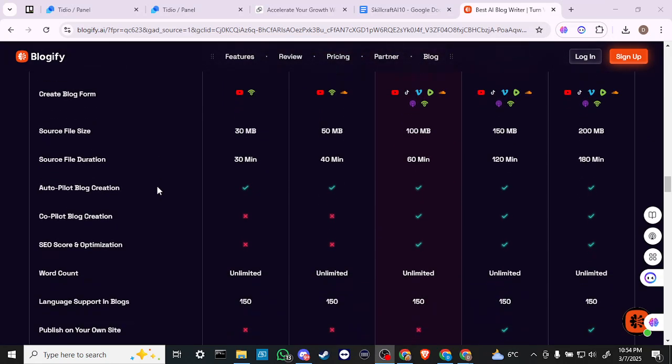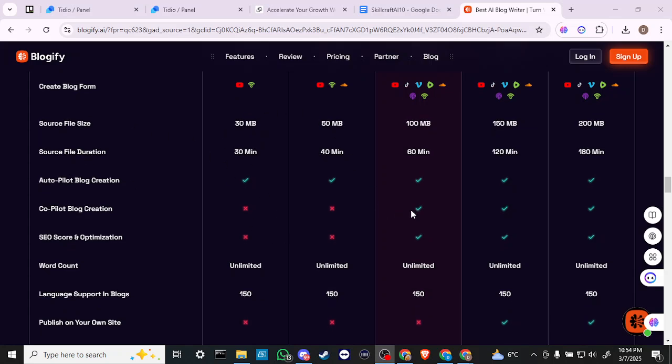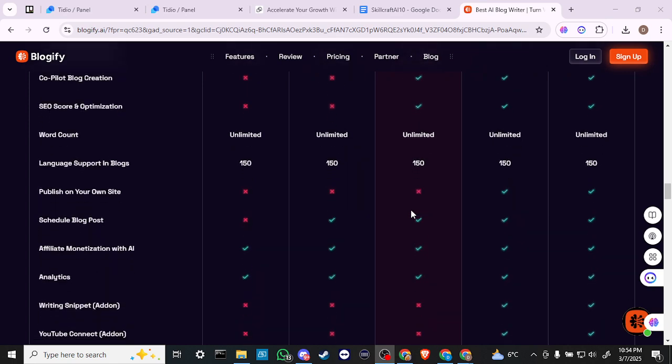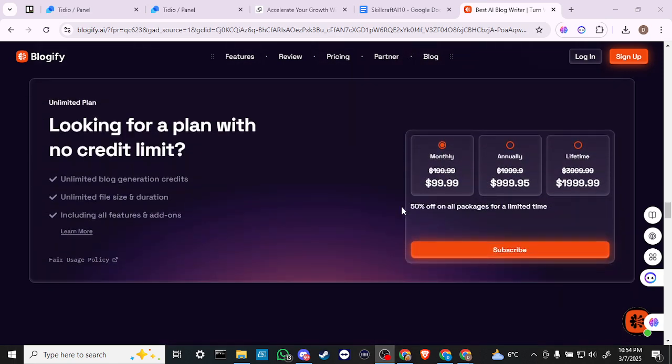And we have a variety of other options here that we can look through to see exactly what applies to each of our tiers. Are you looking for a plan with no credit limit? You can do unlimited blog generation credits, unlimited file size and duration, including all features and add-ons. So we have here the unlimited plan, which is monthly $99.99, annually $99.95, and lifetime